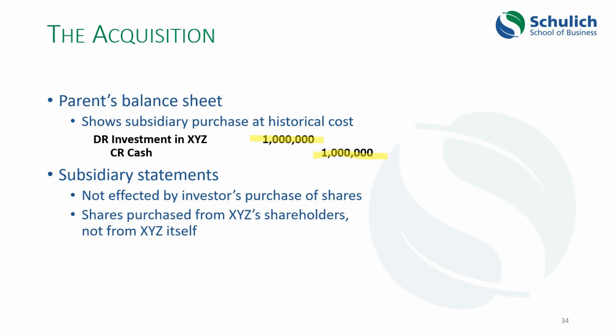So this is the parent company. And remember, the parent company is different from the consolidated financial statements. Right now, as soon as that transaction is done, you've got two sets of statements. You've got the parent company, which has had this transaction recorded on it, and you've got the subsidiary. Keep in mind that the subsidiary's financial statements are not affected in any way because the shares were purchased from the shareholders of that company. The subsidiary itself was not affected at all. So there's no effect on its financial statements at all. Those two financial statements, though, have to be consolidated together in order to represent the overall economic entity. So that's what we're going to look at now.